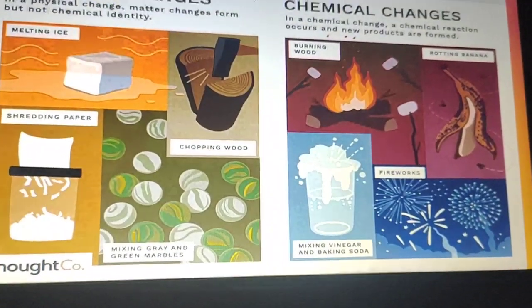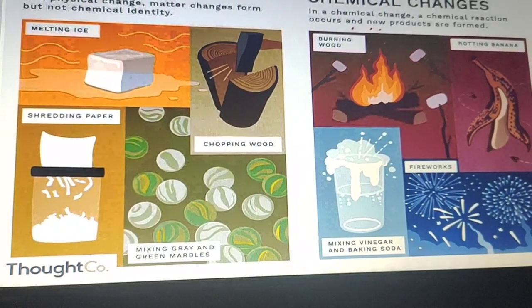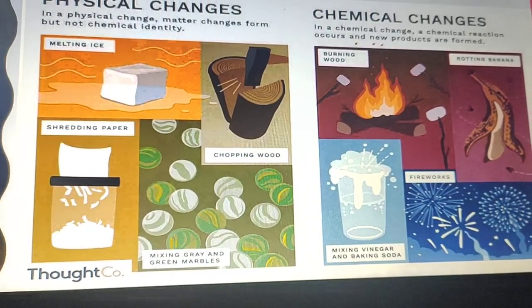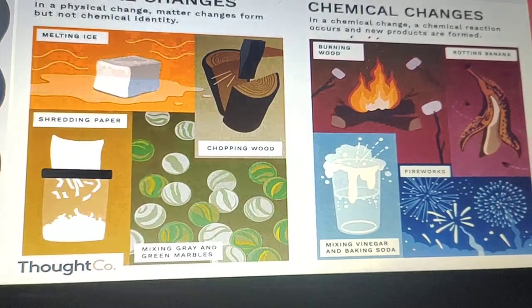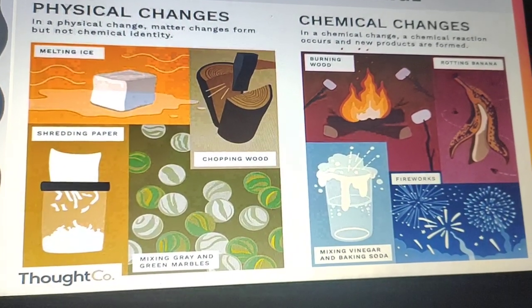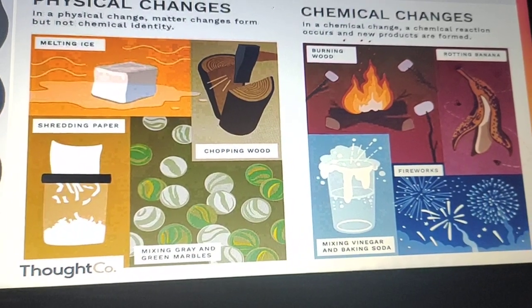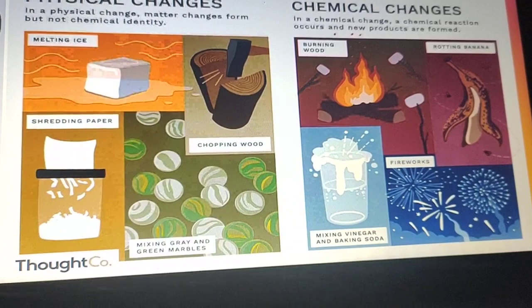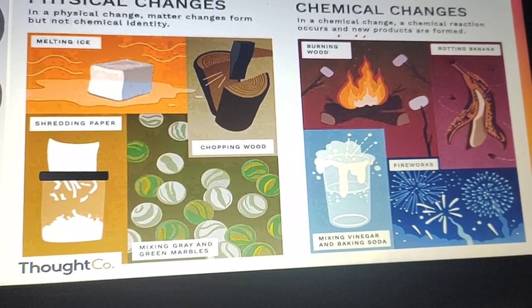For example, you can see melting ice. So in melting ice, if there is a volume change, a temperature change, a length change, or a mass change, all of that comes under physical changes. That means melting of ice is not a chemical reaction, it is a physical change because only the temperature is changing here. Chopping wood, there is nothing changing, solid converts into solid after breaking down.